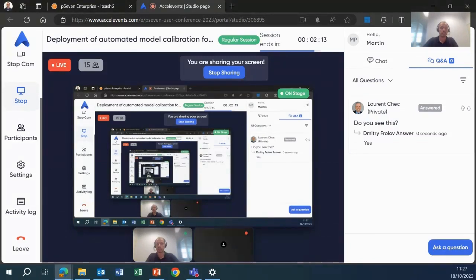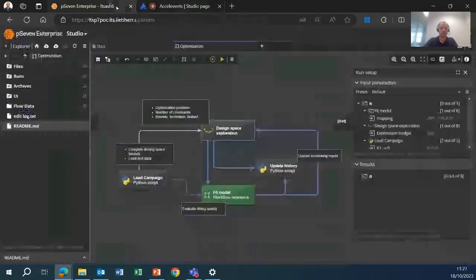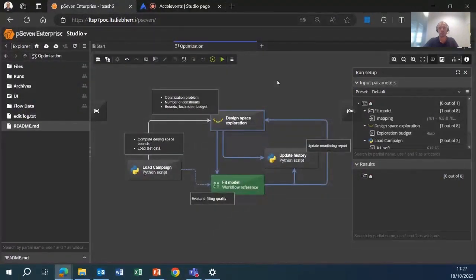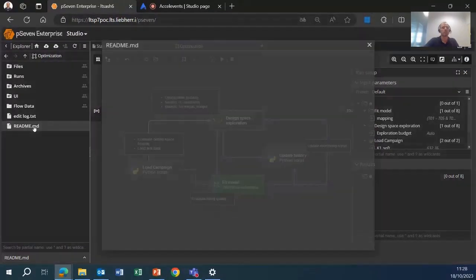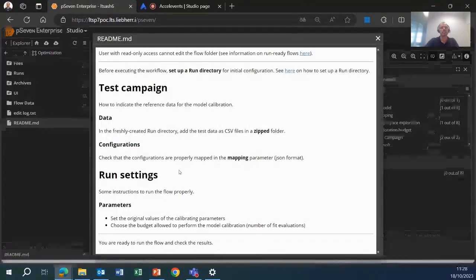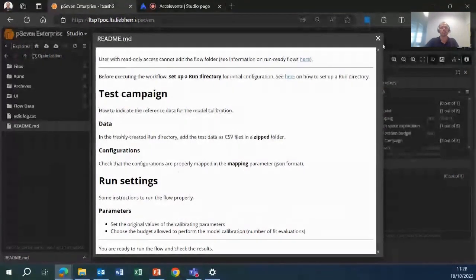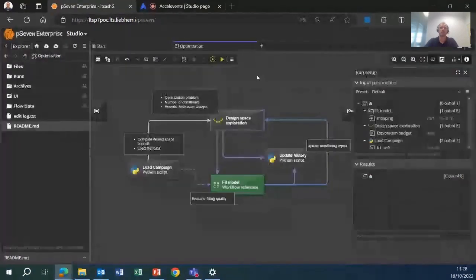So let me just switch here to my P7 workflow. So here it is. You see it's exactly the same. Let's put myself in the shoes of the end user. As the end user, I will receive that workflow in read only. I cannot modify it. I have a README here which I can open and see the instructions for running the workflow properly. I just have to follow the instructions. So let me